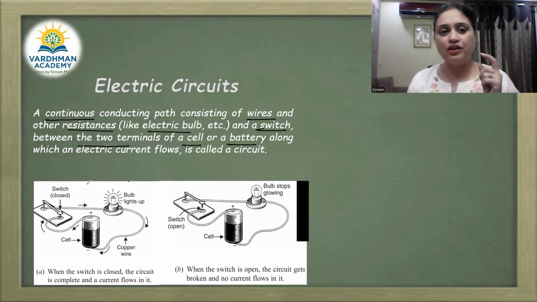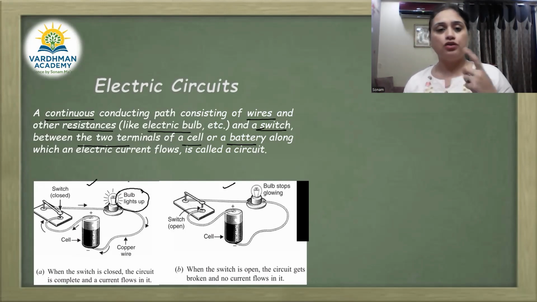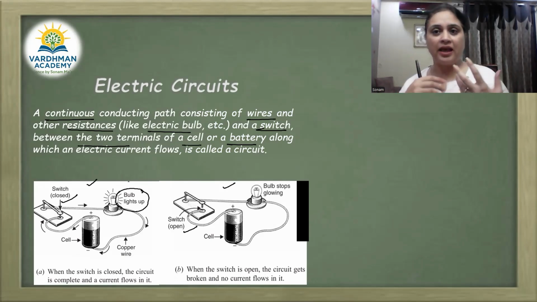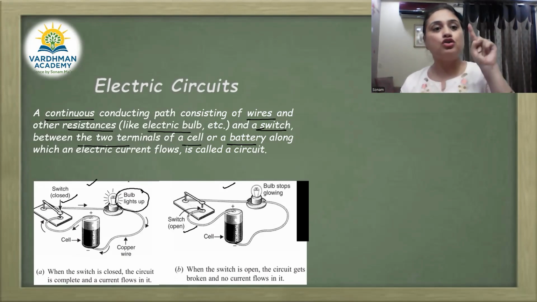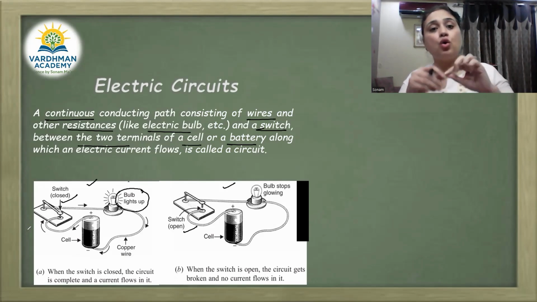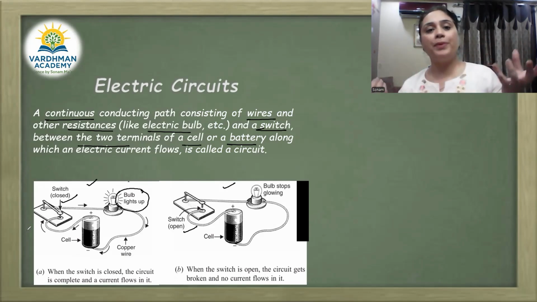So here we are having two electrical circuits, children, in which we can see that the bulb is lit up, and here we can see that the bulb has not started glowing. So what do we have? We have the switch, closed switch and the open switch. Usually जब हम layman language में बात करते हैं, अपने routine language में कि switch on कर दो, so that means basically you're closing the switch, you're completing the circuit. अगर मैं बोल रहा हूँ कि switch open कर दो, that means you have made that conducting path non-continuous. आपने क्या किया है? आपने circuit को open कर दिया है.